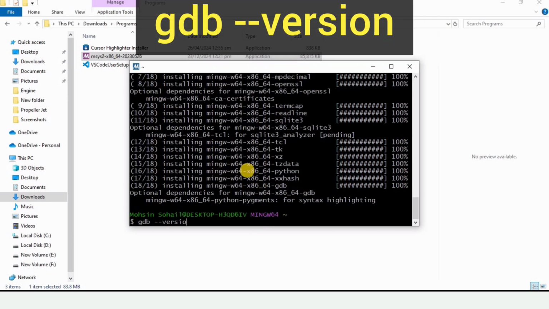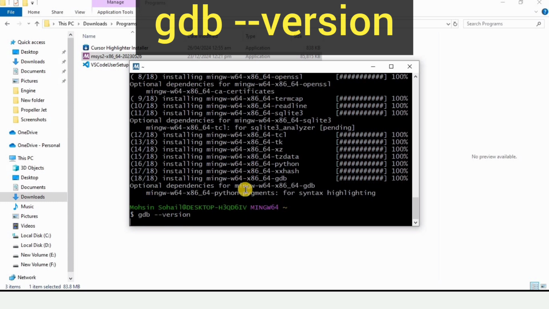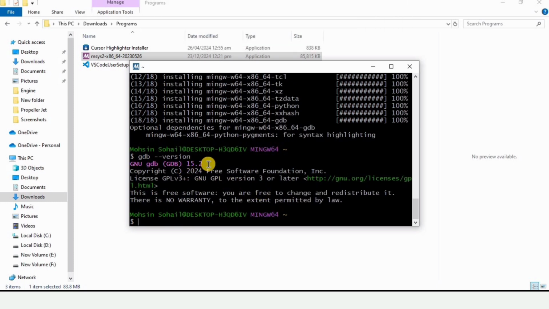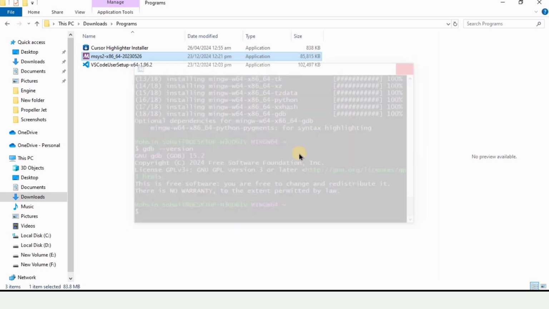Now let's verify the version for the GDB. So type gdb space --version, and this is the version for the GDB I have right now. Okay, now cross it